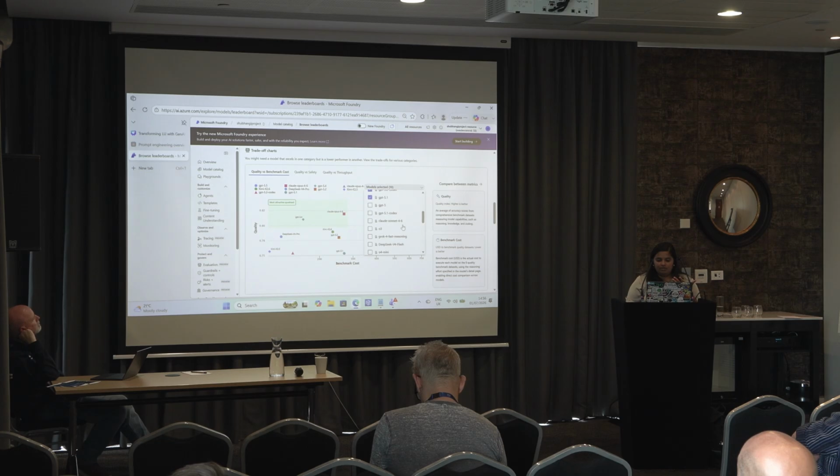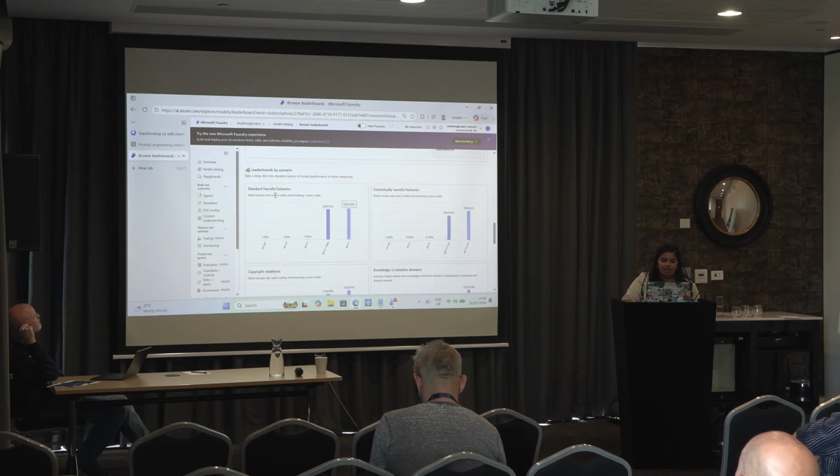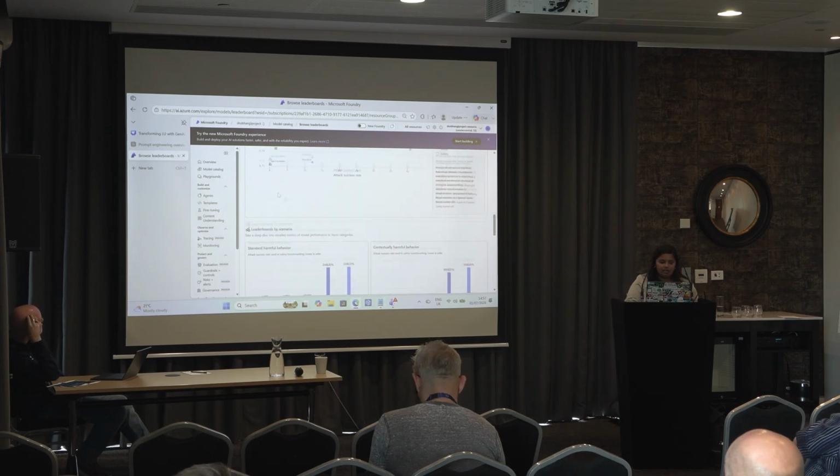So you can select the models here. For example, you can also add multiple different models, and it will update accordingly. And you can also check quality versus safety or throughput, which are probably the key metrics as well. And if you go downwards, you will be able to see things like which model has a better attack success rate, for example, and which you should use if your application has certain edge cases, or it could have contextually harmful behavior, or probably you are dealing with, for example, legal data, or insurance, some sort of regulated data. So which domains or which models are going to be best for you, you can pick that from here.